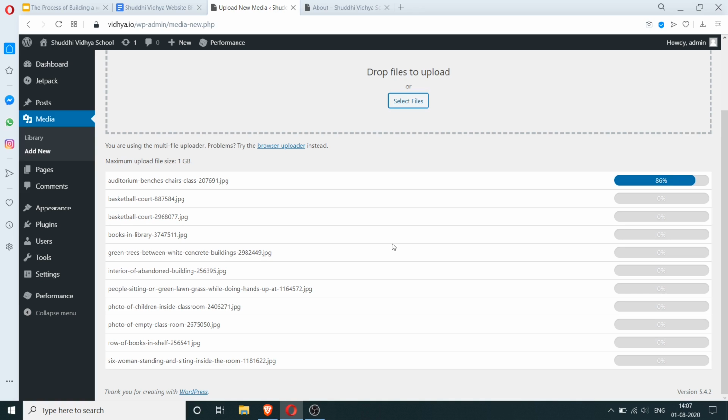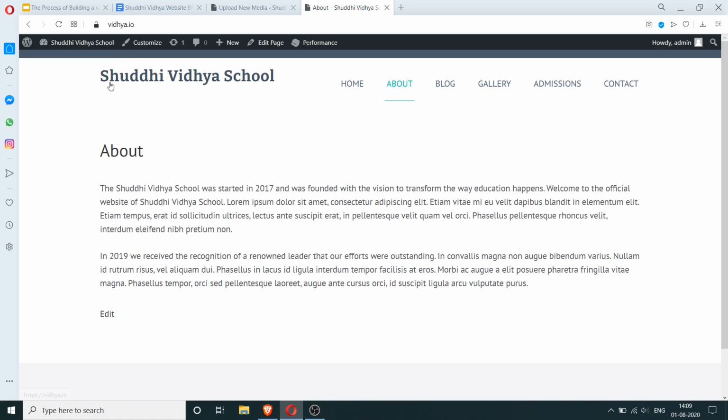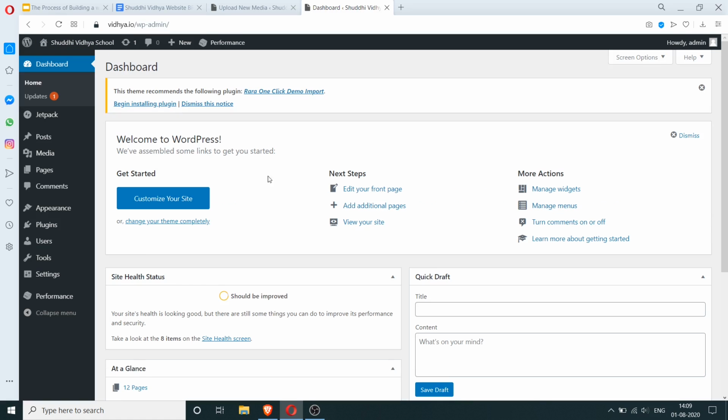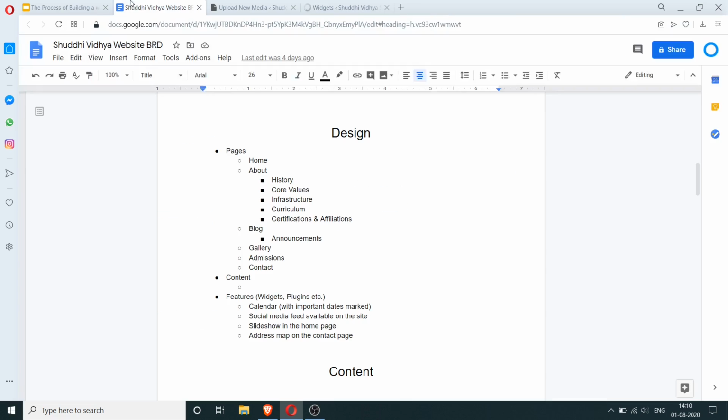While this is uploading, let's go and look at what other things we can do. We also need to work on these widgets. So let's go look this up. The first widget we want to add is the calendar.